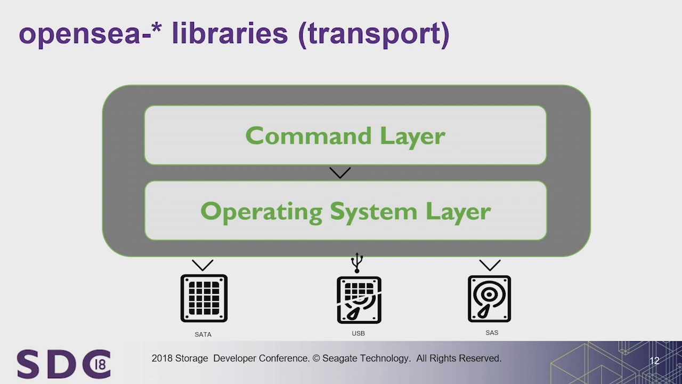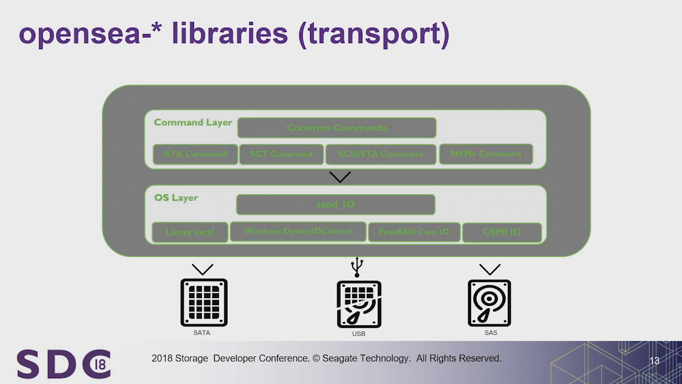So this is basically the transport layer described a little bit more. There's a SAS drive, a USB, a SATA connected, and I have demos where all three of them are connected at the same time. And you have an operating system layer and a command layer. So something like the next slide would talk about. So you have a common command layer. So you're trying to do,